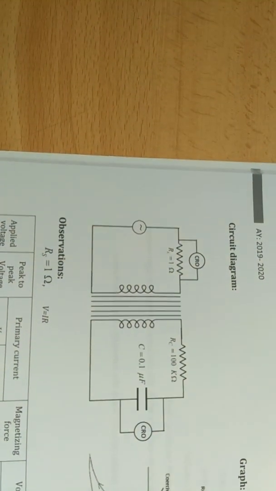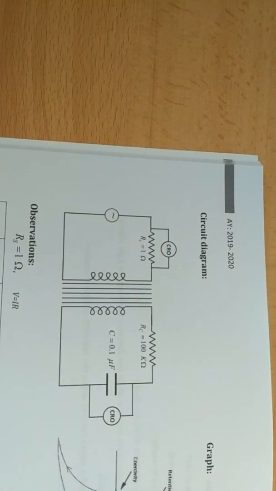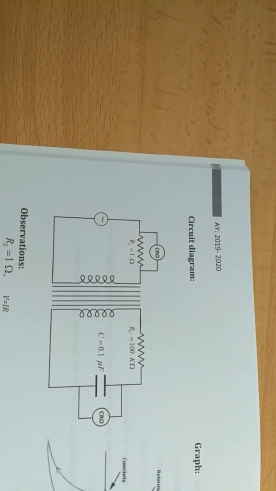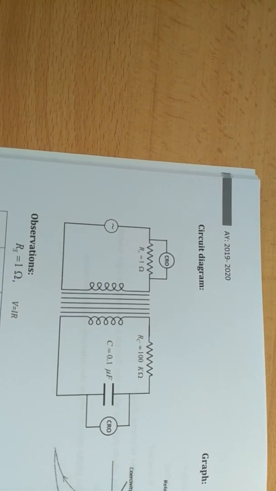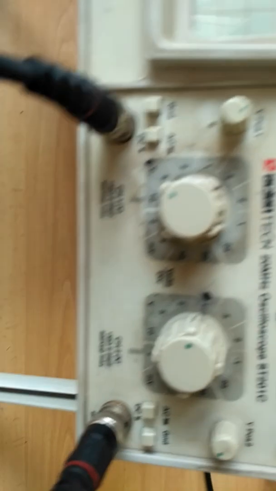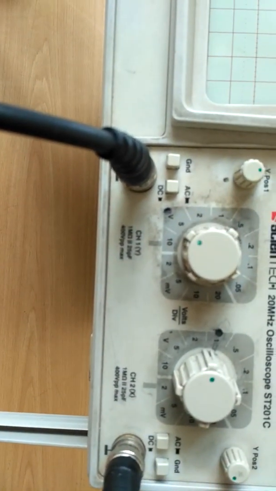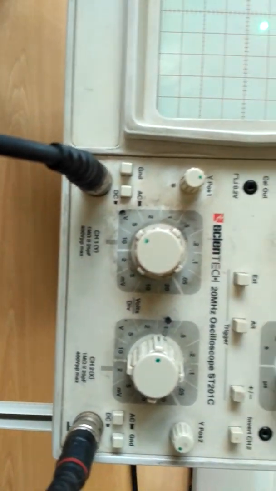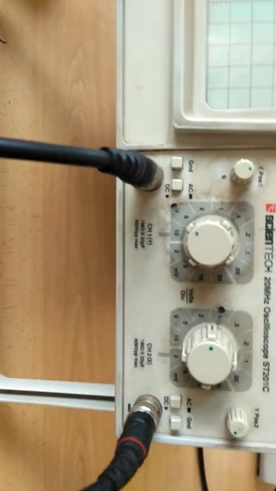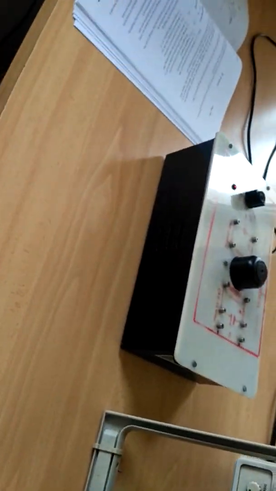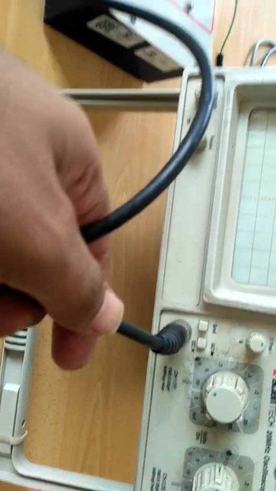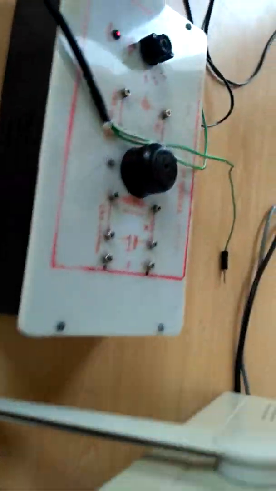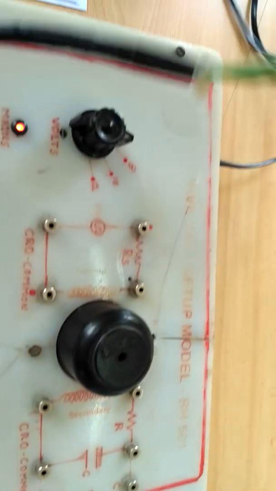So now here, going by your circuit connections, we need to measure the primary current across the source resistor. So you can see there the CRO is connected across the source resistor. Now here, coming back to your CRO, we have two channels. We have Y channel as well as X channel. To start with, we will choose Y channel, channel 1, and put it across the source resistor.